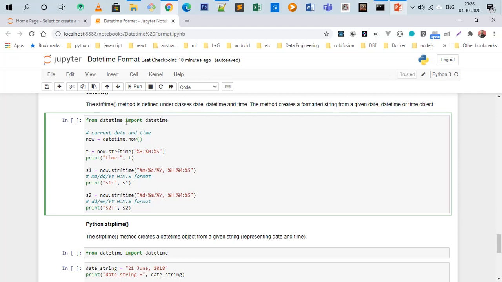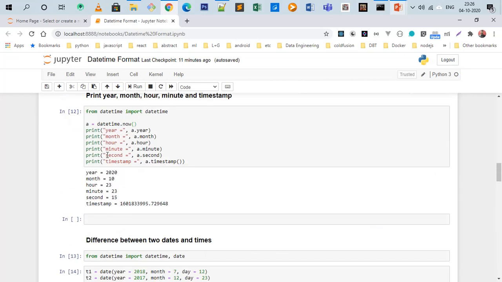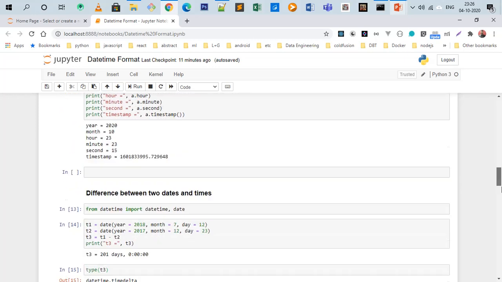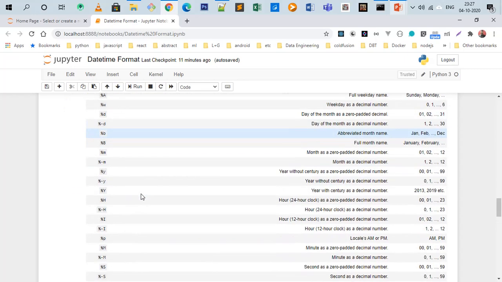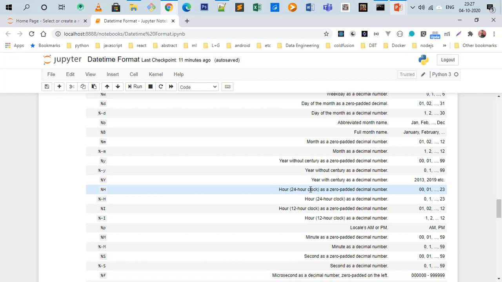So we are taking the instance of the datetime class, then we are executing the now method. Now, what is now? If you remember from here, it will give us year, month, day, all the things. So it is a datetime object which has all the values of a datetime instance. So we are formatting like HMS, capital H, capital M, capital S. Let's see what capital H is. 24 hours. Okay, so it will take hours from 0 to 24.